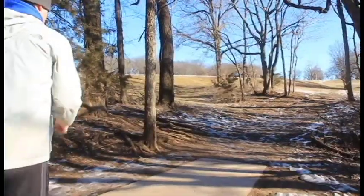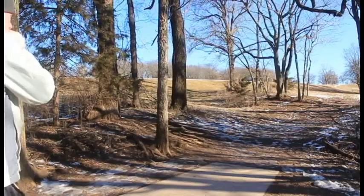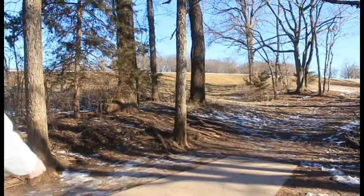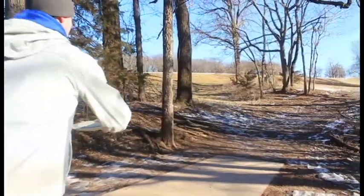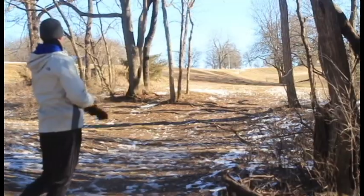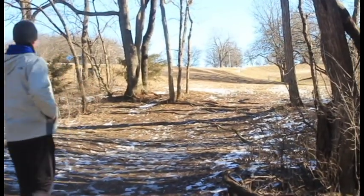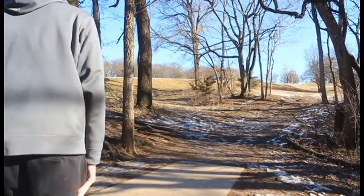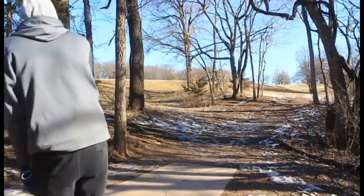And Tom getting a rock hit and skips her right by that tree by the basket. Luckily, the ground was frozen, so you do see a lot of skips on this hole. As Peter demonstrates, he gets a nice skip over that ridge, and he will have a look for 2. Oh